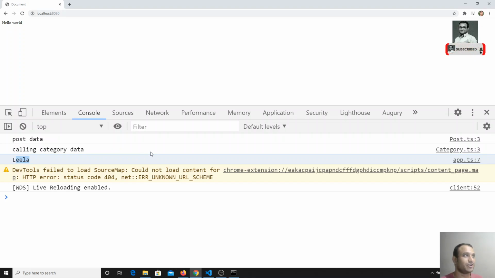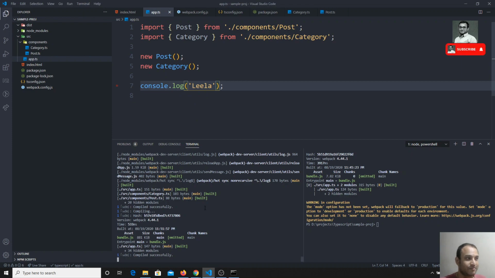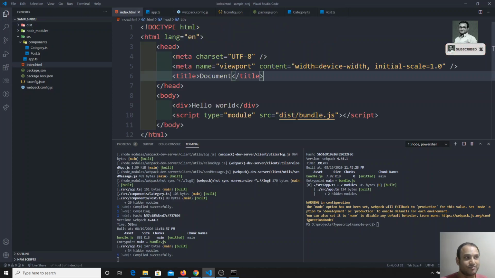So here we are doing the same concept. We are running the webpack dev server, and there are no dist files, but in the index.html we are referencing dist/bundle.js, though there is no such file. In Angular also, you will see that in the index.html file, you will be referencing all the files, style.bundle.css, app.bundle.js. All those files will be referenced, but you will not be able to see them anywhere. So this is the way it runs.